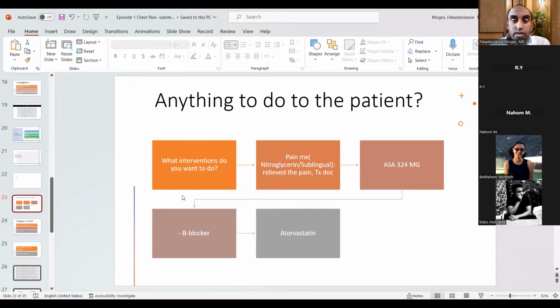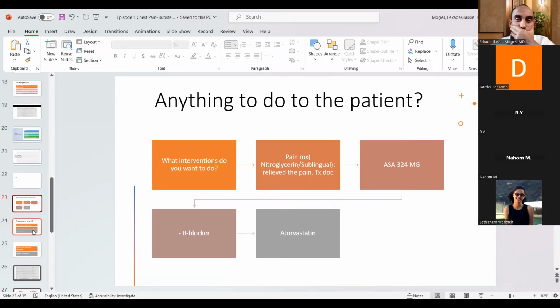What else do you want to give? What do you want to give them? Oxygen supplementation. Oxygen, why? His saturation is 97%. Why do you need to give him oxygen? You don't need to give him oxygen unless there is a desaturation. Unless the saturation is less than 95%, don't provide them with oxygen. The oxygen is toxic when you give it to somebody who doesn't need it, okay? Oxygen is not required.